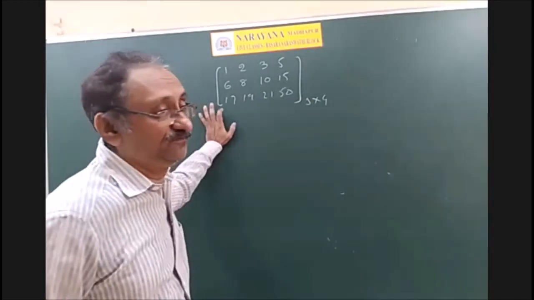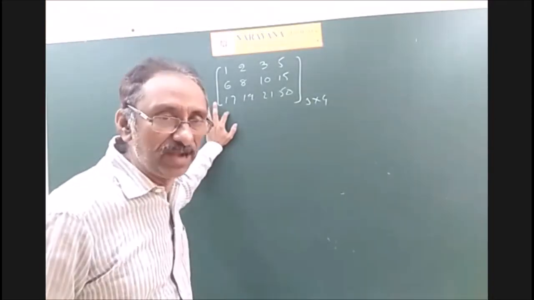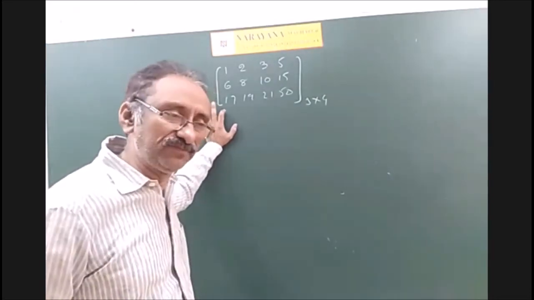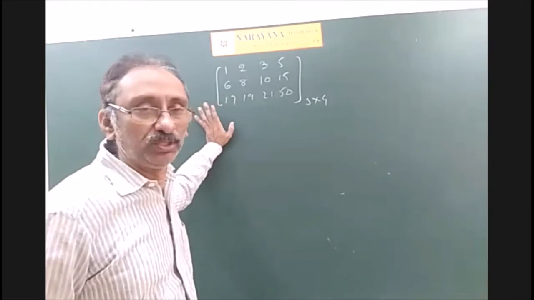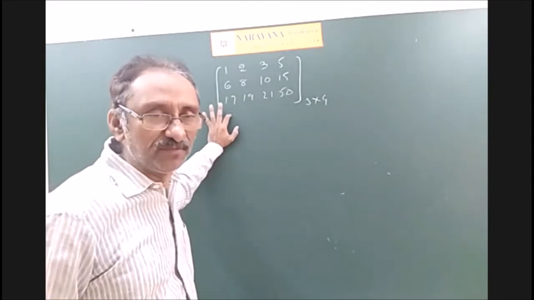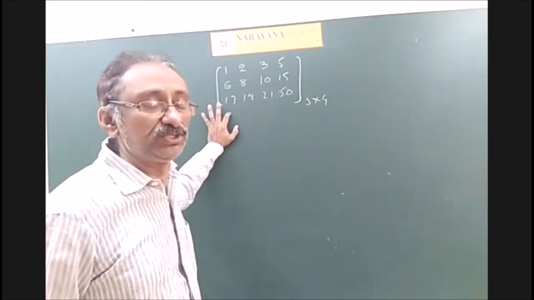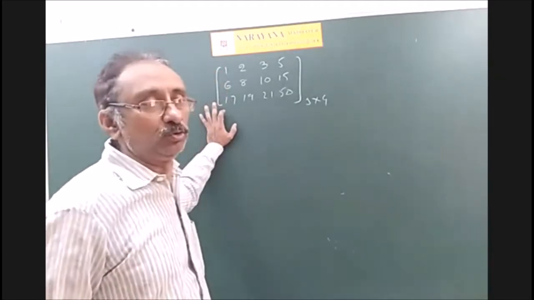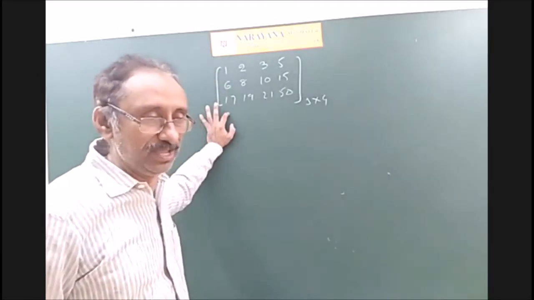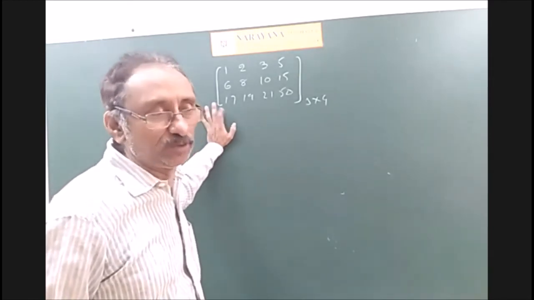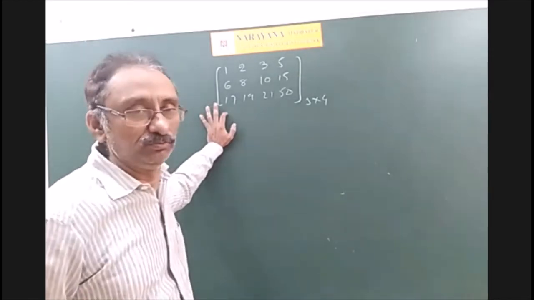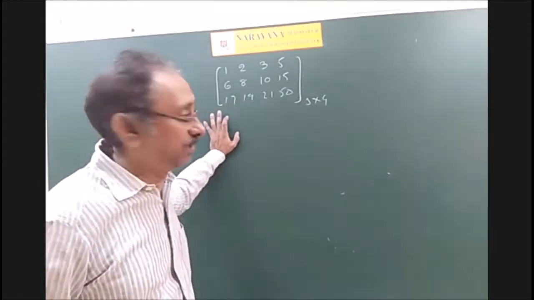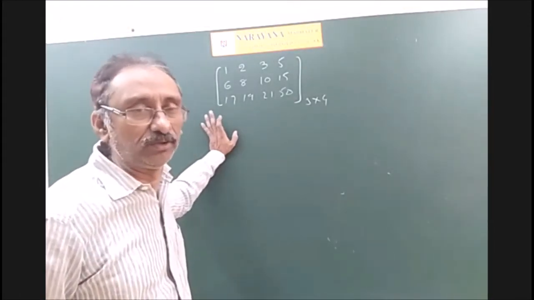Actually, there will be four 3 by 3 submatrices. You have to find those determinants. If at least one of them is non-zero, then we stop the program. The rank of the matrix is 3. But unfortunately, if every one of those 4 determinants is 0, we have to go to 2 by 2 determinants. If at least one 2 by 2 determinant is non-zero, then the rank is 2. But it is a tedious process every time to find determinants of third order, second order, like that.